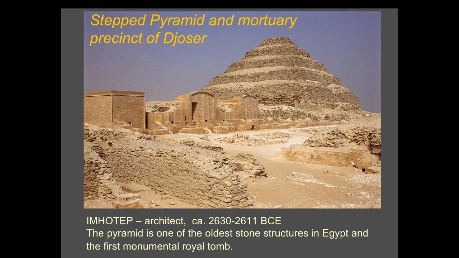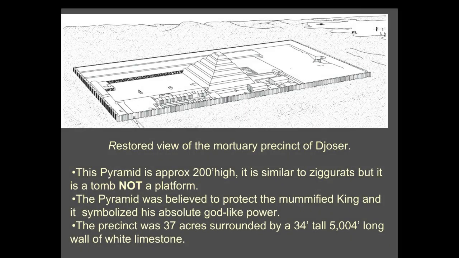It appears like a stack of mastabas, one on top of the other. The burial is below ground, as in a mastaba. And the step pyramid is very solid. Part of this complex is called a necropolis, which literally means city of the dead. So it's a large burial area. Lots of burial there. Here's some more pictures of Djoser.